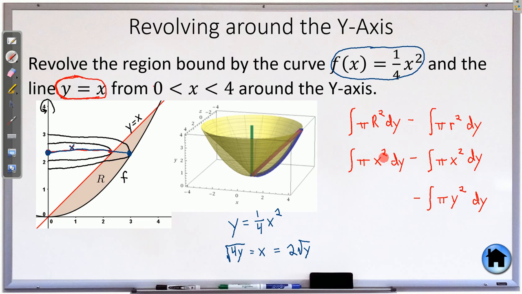Although actually we're going to square it, aren't we? So that square root is going to cancel out. So you might as well just use this one. So that will be the integral of pi times the value of x, which is the square root of 4y, squared